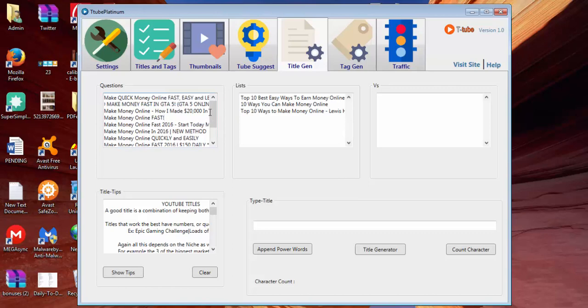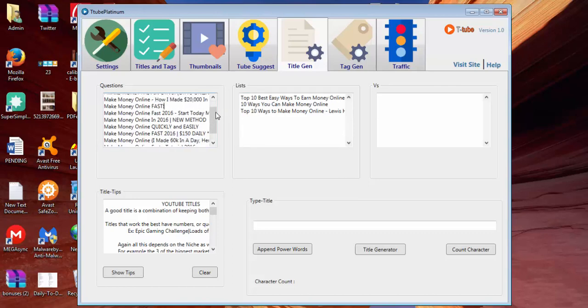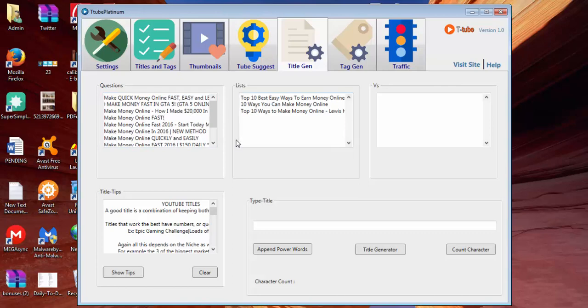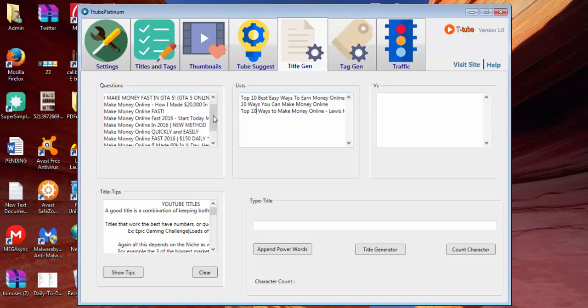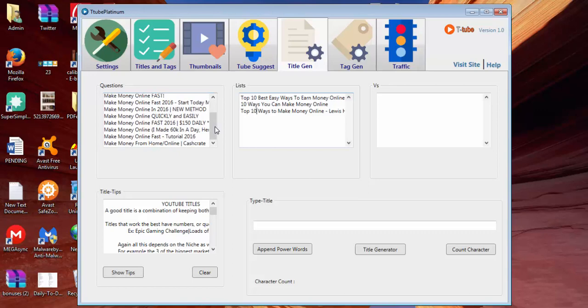If you take a look at these two panels, you can see easily that over 60% of titles are composed just of questions or list related titles. There are over 11 question related titles and 3 of them are lists. Over 14 titles are composed of just questions or lists, and that is why these categories of titles are really important, and you should also find a way to incorporate them and make it a little unique when creating your titles for your videos.